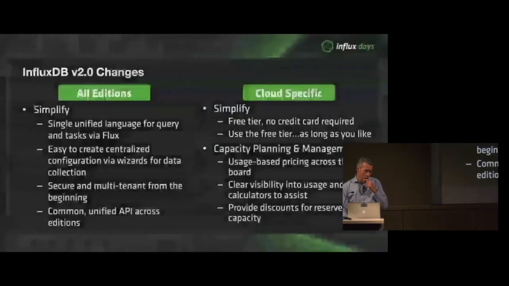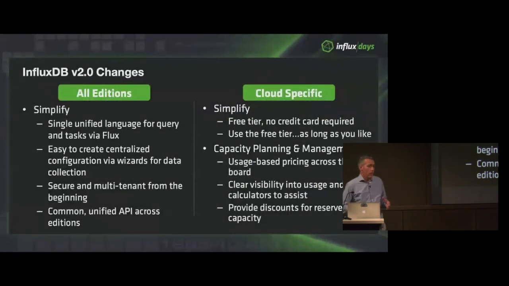So again, summary: hopefully you saw evidence and examples of all of these things. The single unified language for tasks and query, ease of use for that Telegraf configuration, secure and multi-tenant with the organizations and tokens as first-class citizens. API, we didn't show you exactly that, but it's all under the hood for you to access. And a more simplified onboarding process. That free tier is going to be available for you to use and provide great visualization on what you're actually using and how that translates into dollars.